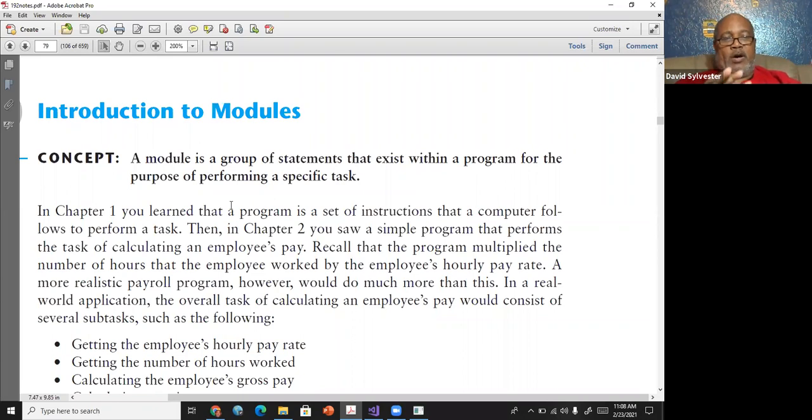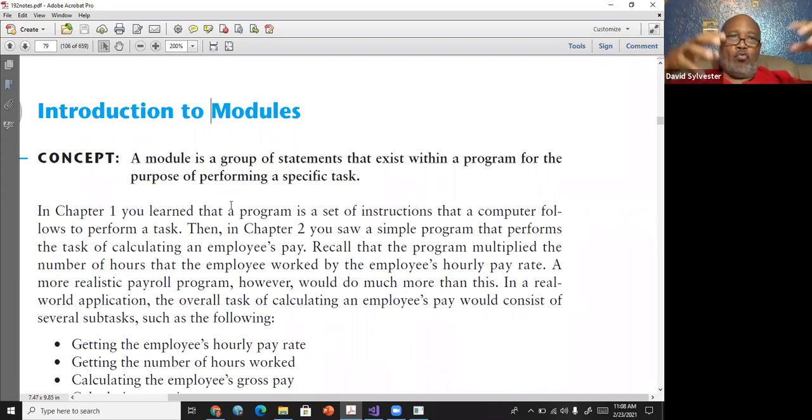But you have a house where you have a living room, you have a kitchen, you may have a den, you may have a restroom. So each one of these rooms has a purpose. In your program, you have the program, but then you have modules, and each module in that program has a purpose, but they all work together to be called a program.